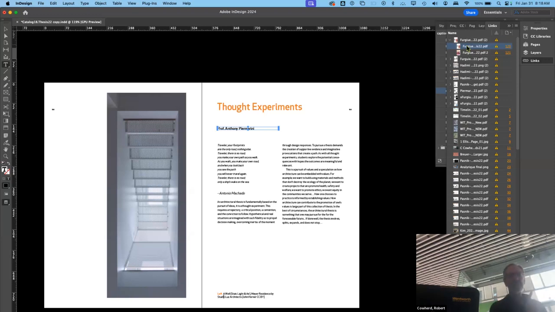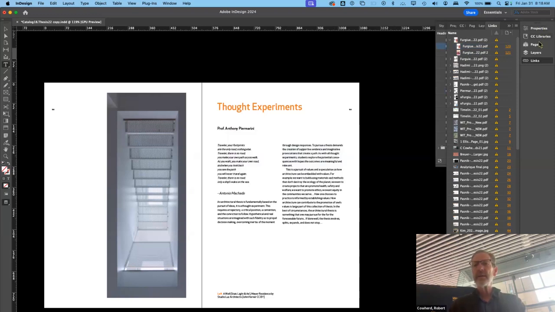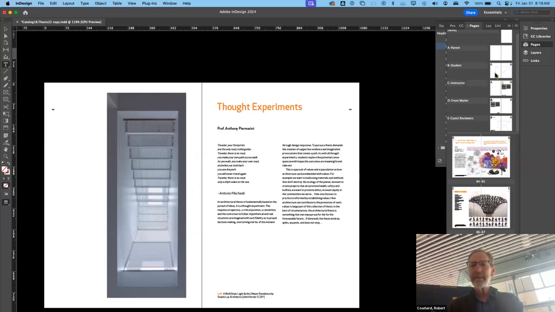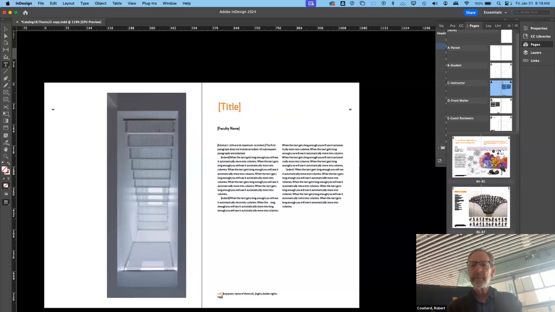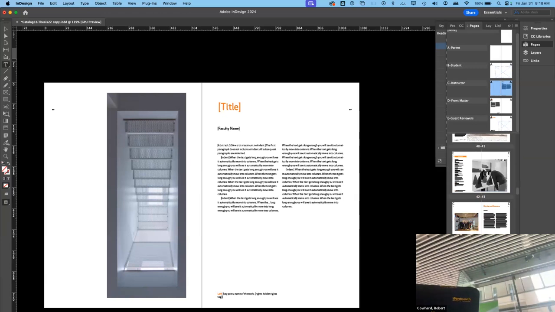Now, one of the key things for making sure this is the way things are brought in to InDesign is, you might think that what we do here is import a text. So we don't import text into InDesign. We reference that text by placing it. So when you go to the menu options and you want to place a text, let's say